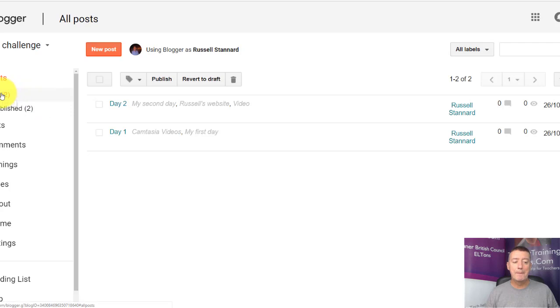I can look at the posts, and if I want to delete a post, I can simply come down here and delete it. If I want to view it, I can click here, and if I want to edit it, I can click here. So it's very easy for me to come back to any of the content in any of the posts and delete them or edit them, etc.